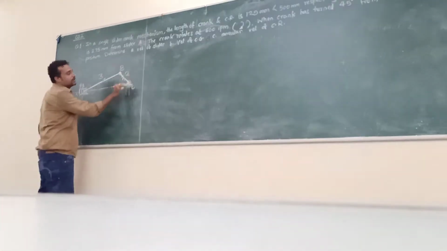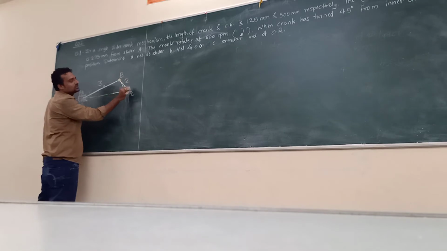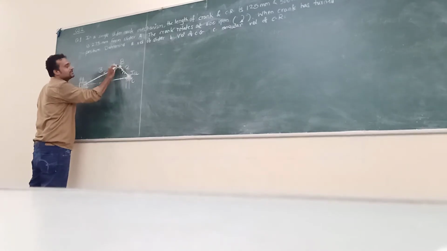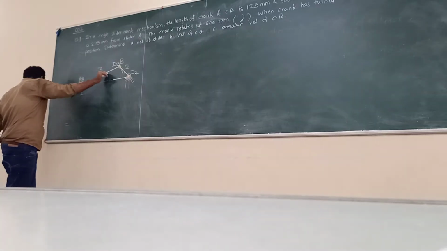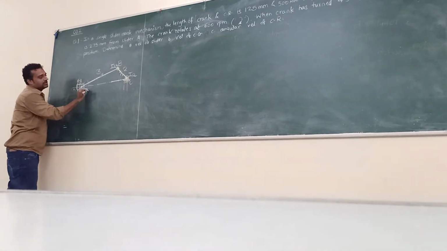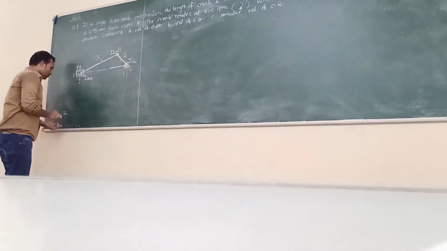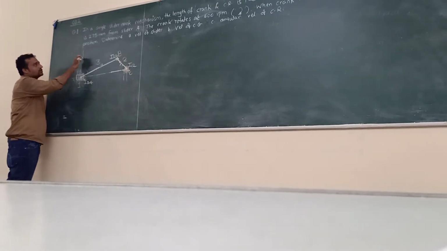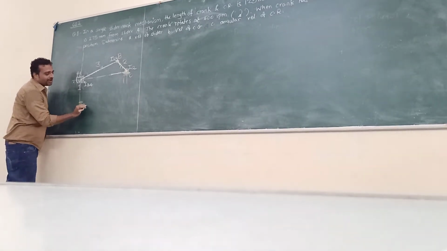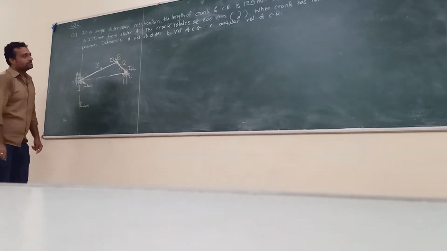Just by observation, as we have discussed earlier, this is at the joint of 1 and 2, so this is I12. Similarly, this is at joint 2, 3, so this will be I23. This is link number 3, and it is connected to link number 4 here, so this is I34. This slider is sliding on link number 1, so perpendicular to the path, and at infinity, will be I14. So these 4 instantaneous centers we can locate by observation.